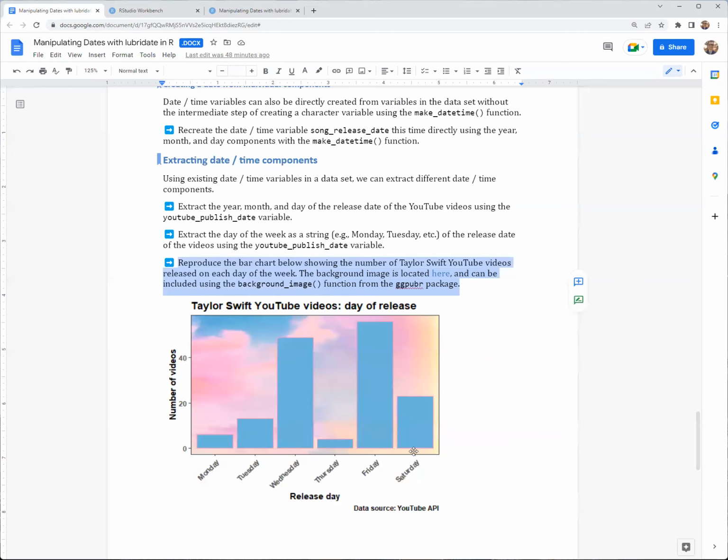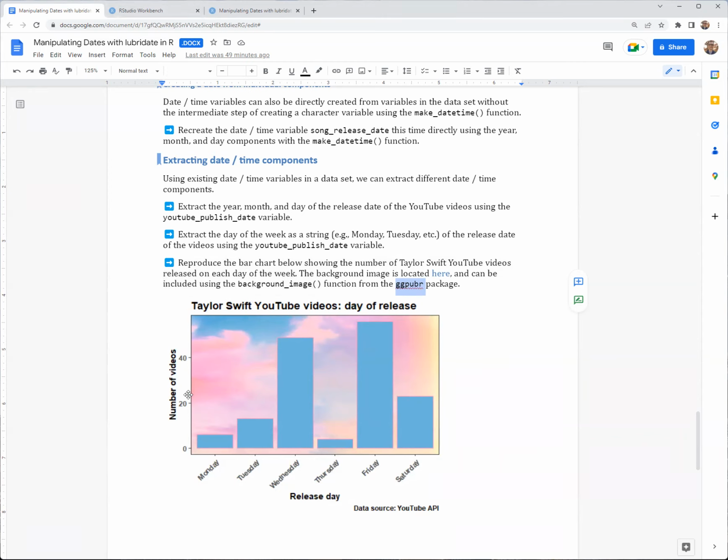All right. So the ggpubr package allows you to set an image as the background of a ggplot, which is kind of fun. It allows you to do many other things besides just that too, but that's one of the functions we're using here. But first we'll build just the regular bar plot and then add on the background at the very end. Okay, so first we will use geom_bar to make this bar chart,